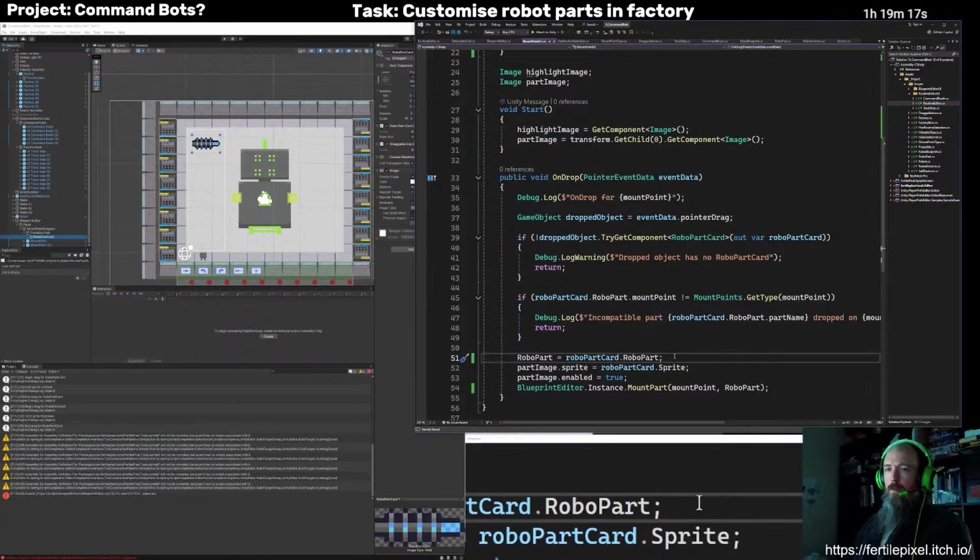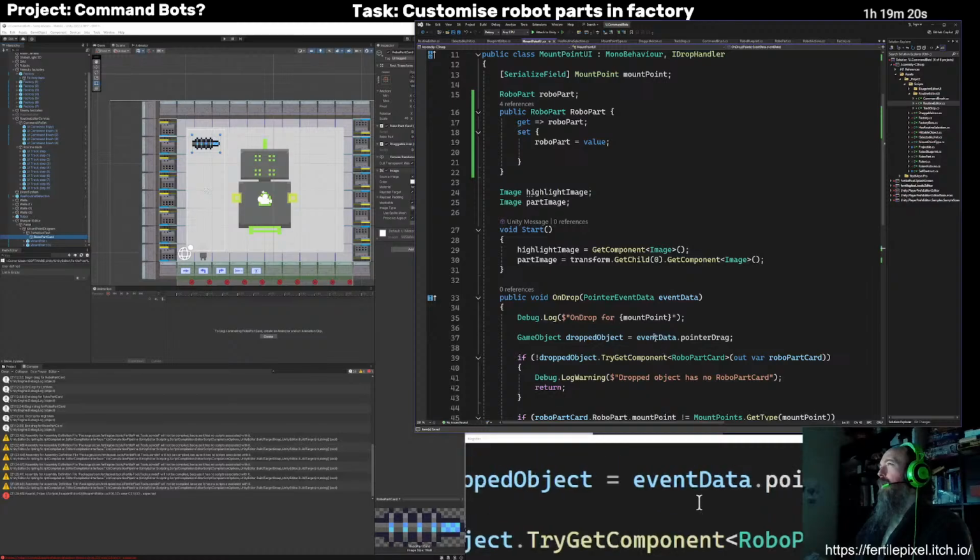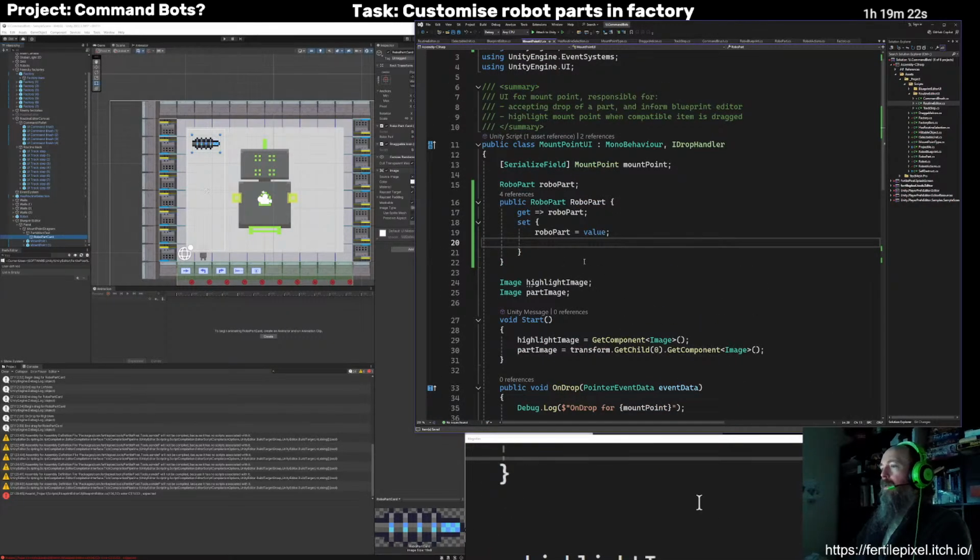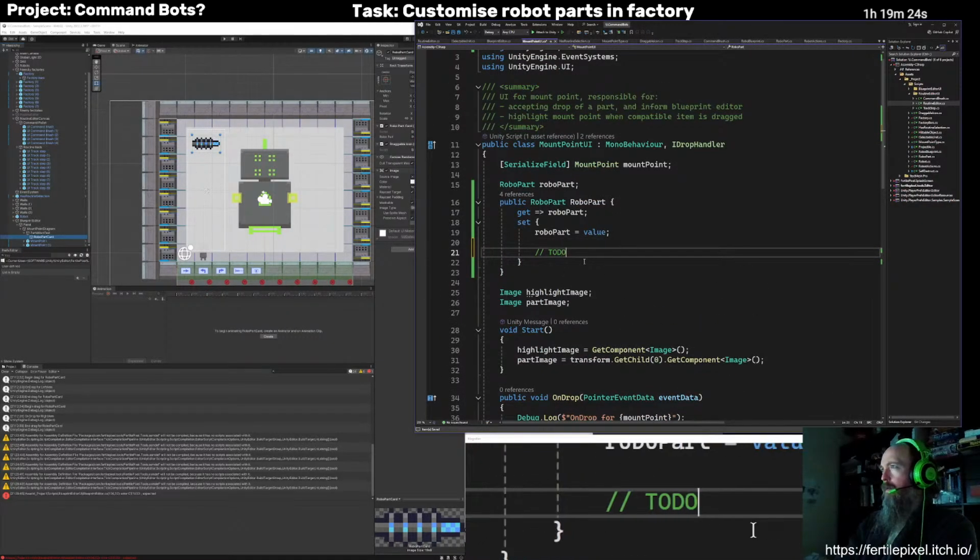So that's cool. It's not going to work just yet though, not until I do that. So that's just to do. Update display to relevant parts.